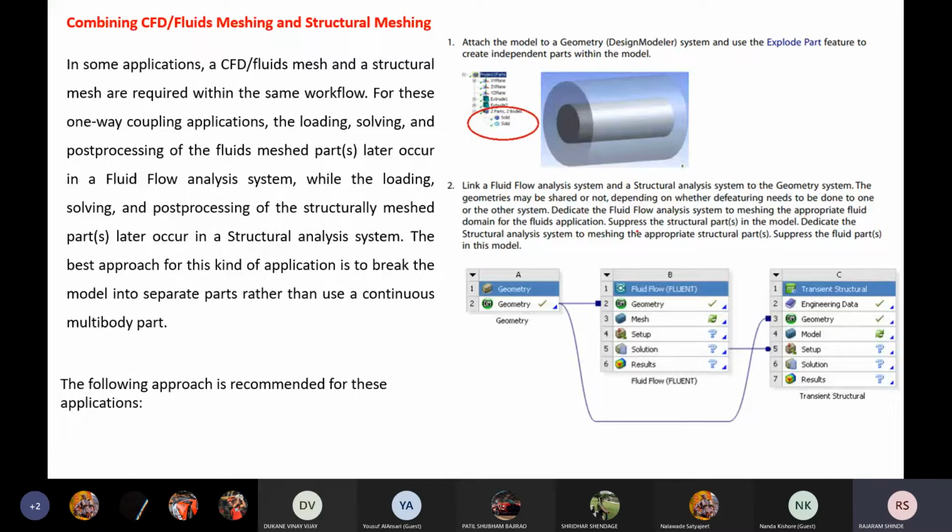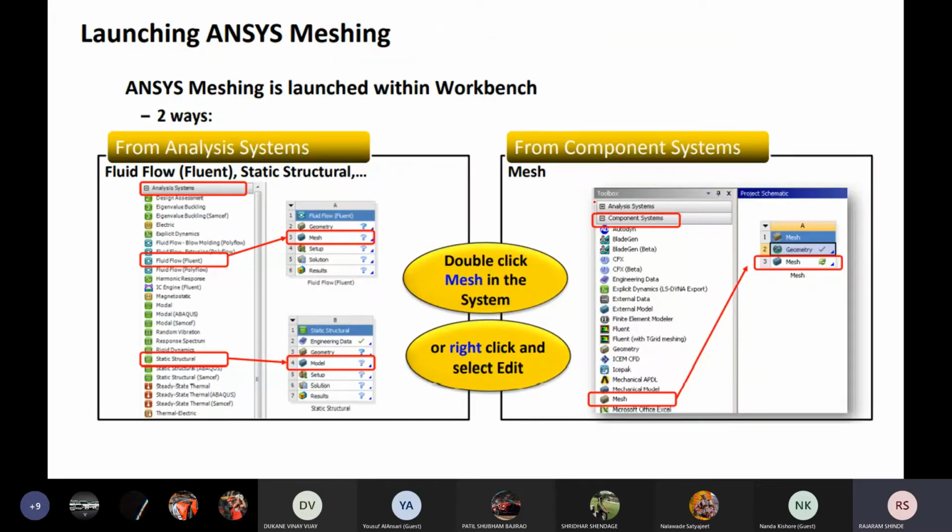Suppress the structural parts in the model. Dedicate the structural analysis system to meshing the appropriate structural parts, and suppress the fluid part. You see here, for structural you suppress the fluid part, and for fluid you suppress the structural part. Okay, in this way we can launch the meshing.